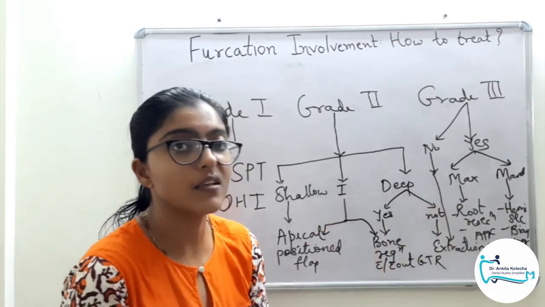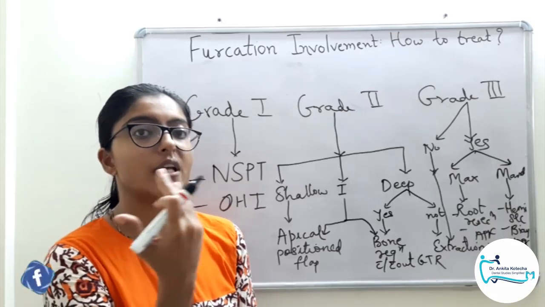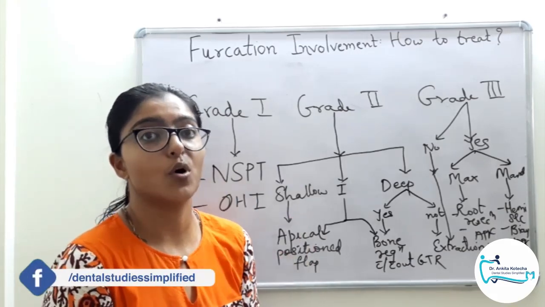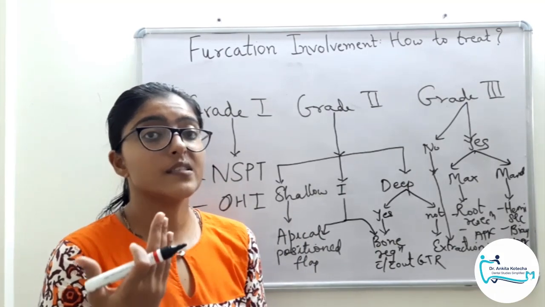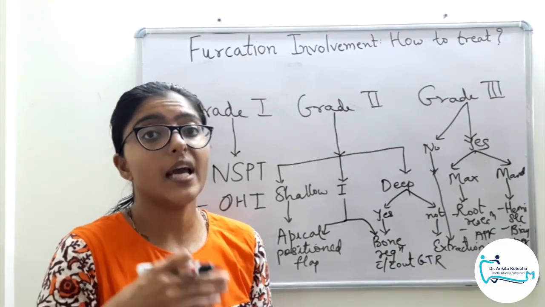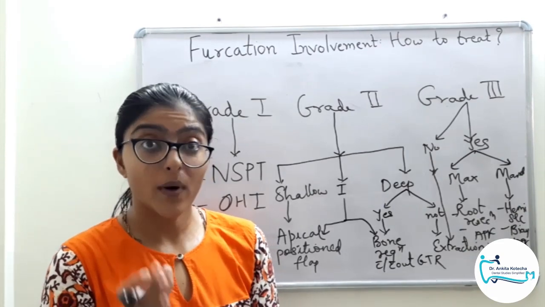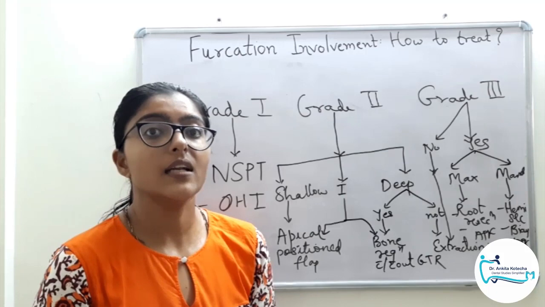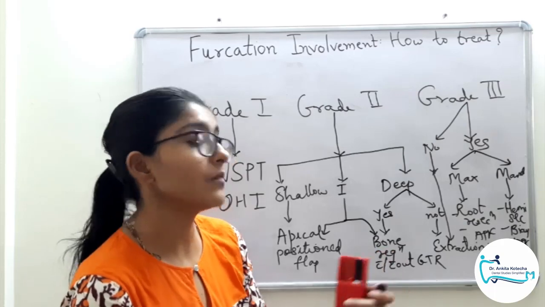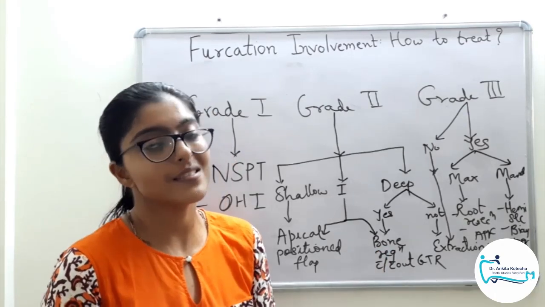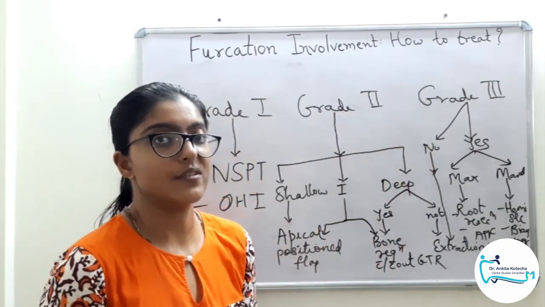So let's say for a maxillary molar, if there is a through and through furcation loss between the facial furcation and the distal furcation, that is the distal root is involved clearly, then we must consider distal root resection. Similarly, if it is a through and through furcation involvement between facial and the mesial furcation, then we should consider root resection of the mesial root, provided there is a proper root separation and other factors are also favorable. But again, if we perform this procedure and do apical positioning of the flap, again the accessibility will still remain difficult. That is why we should consider the strategic value of the tooth in question.